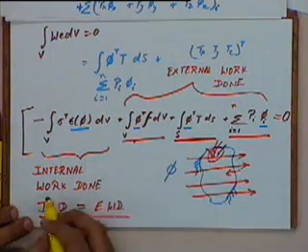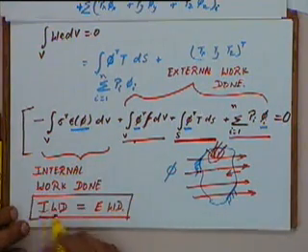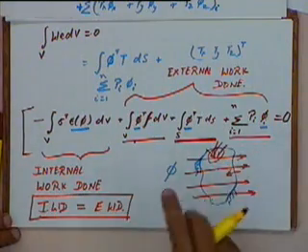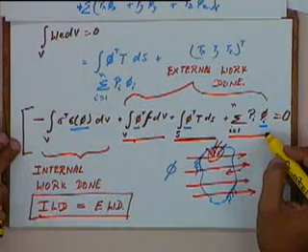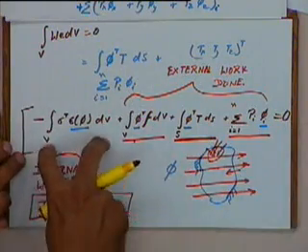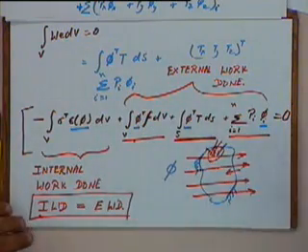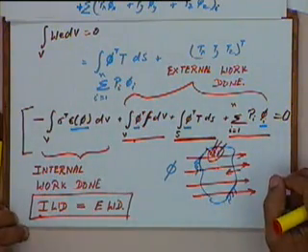Okay, and in fact this is basically the principle of virtual work. Whenever we give any virtual displacement, the total work done will be equal to 0. So what we are saying is that the total work done is equal to 0. A part of that is what we call the work done against internal forces, and a part of that is the work done against the external forces. And that will give the answer to your question. The total work done by the virtual displacement will be equal to 0.